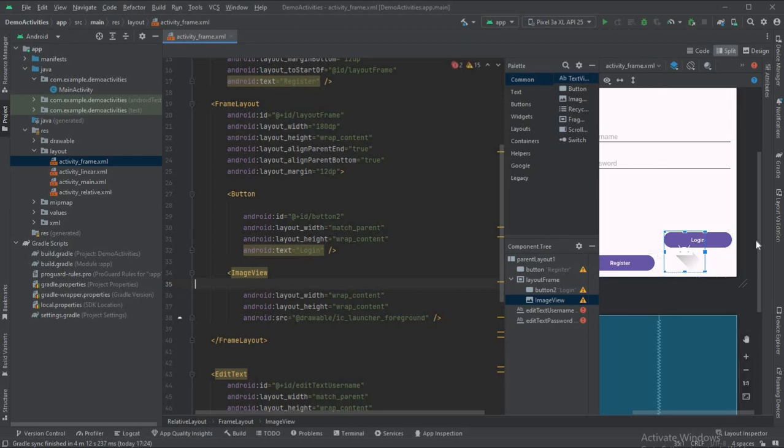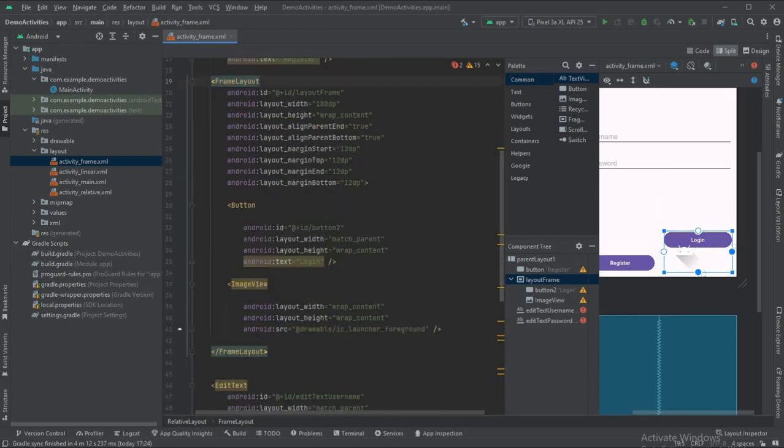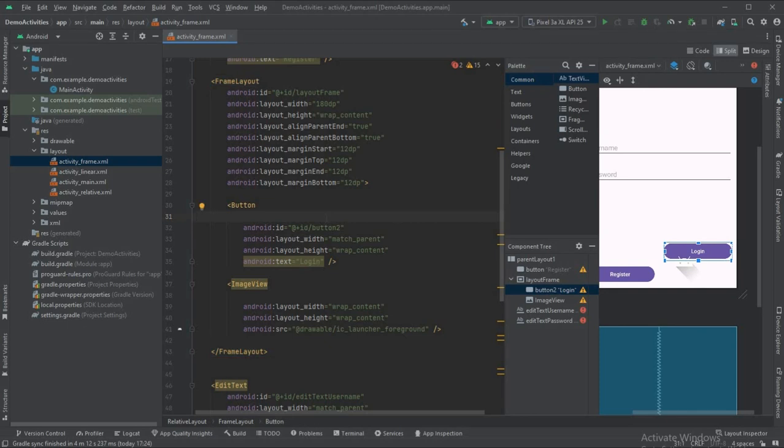So the easiest way to do this is, you see the height of my parent layout is this. This is my parent layout. The height of the parent layout is this. This icon is coming exactly at the center, center vertical. So if I try to align this item there in the center,